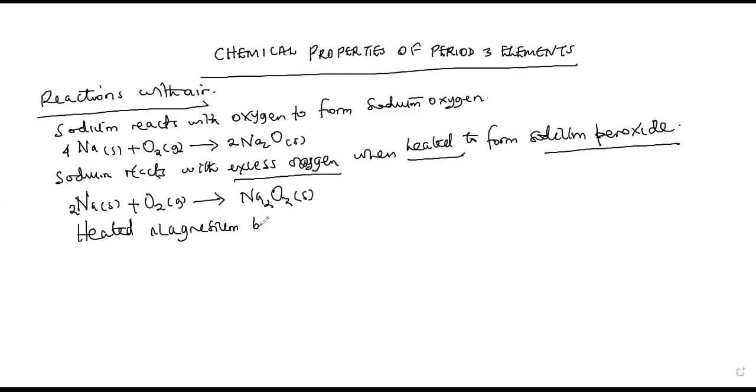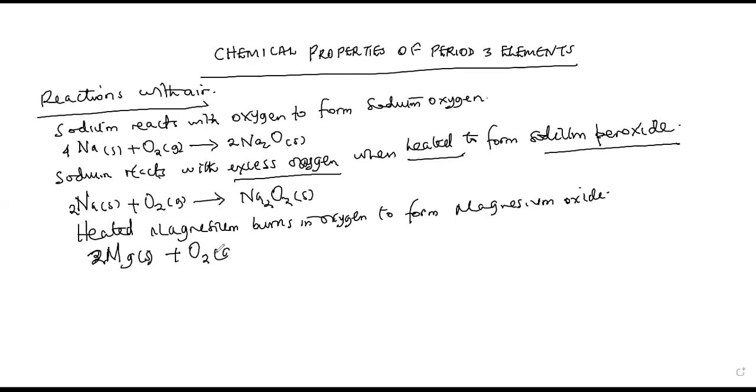burns in oxygen to form magnesium oxide. And you can write the equation: magnesium plus oxygen gas, we shall form magnesium oxide. Don't also forget that heated magnesium